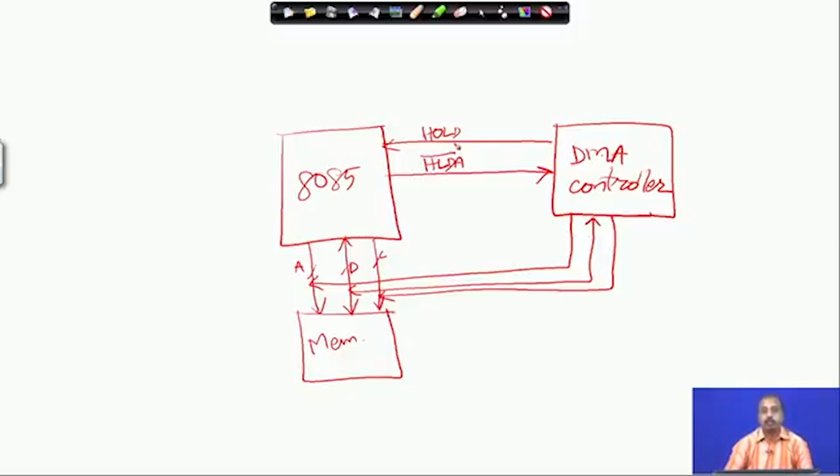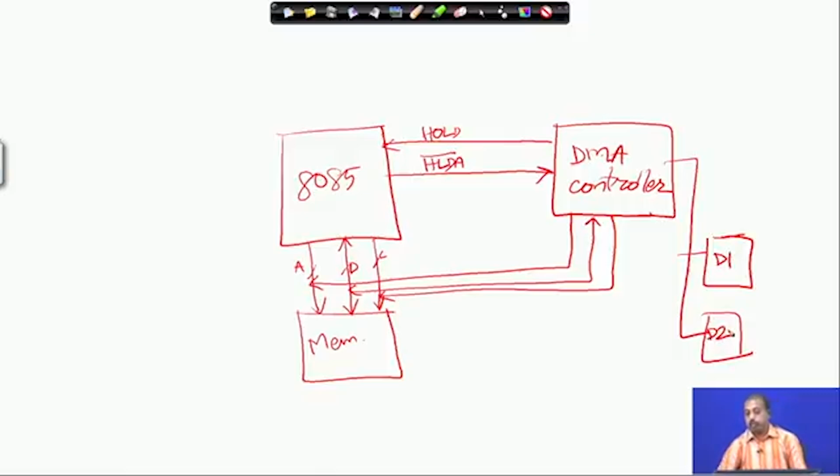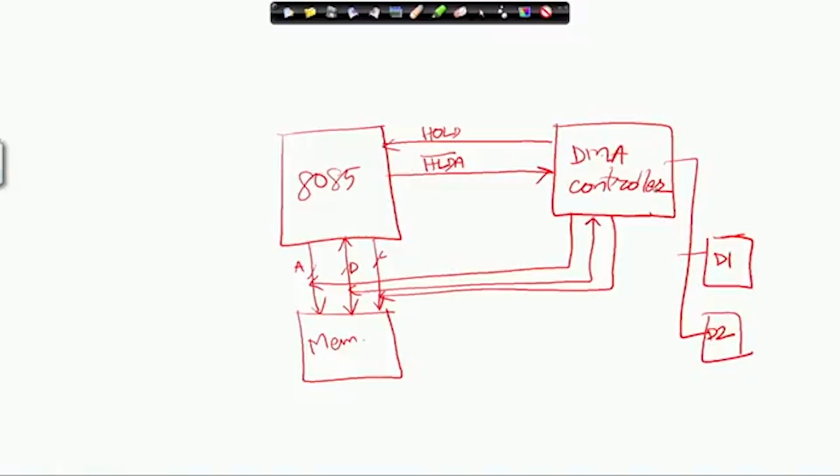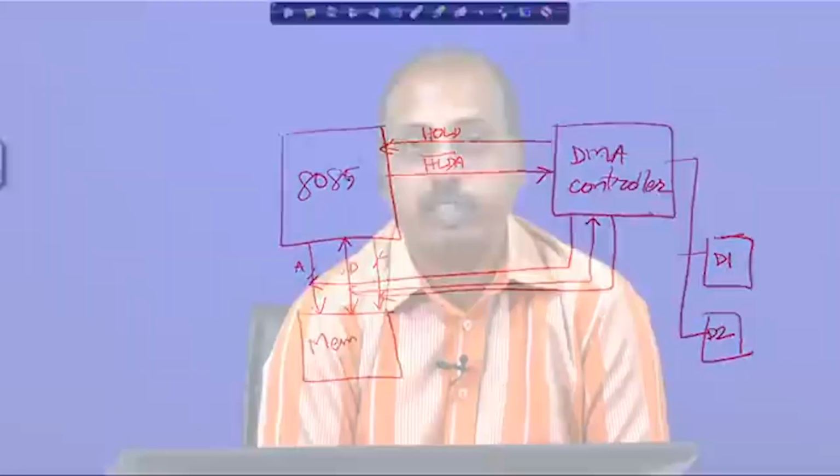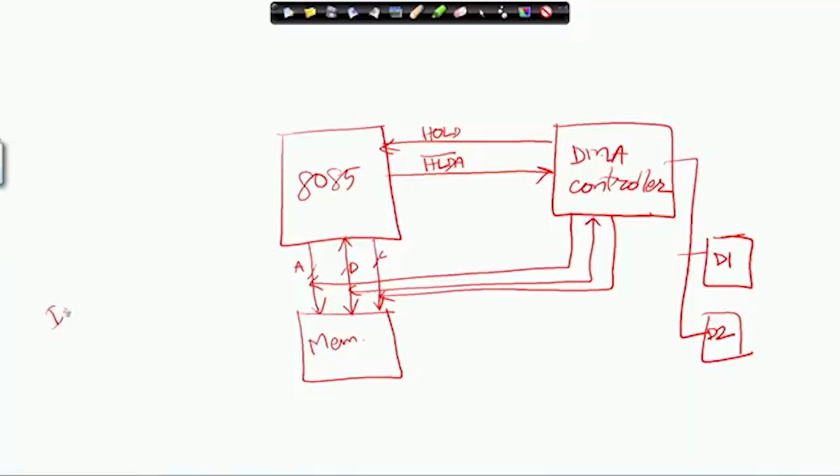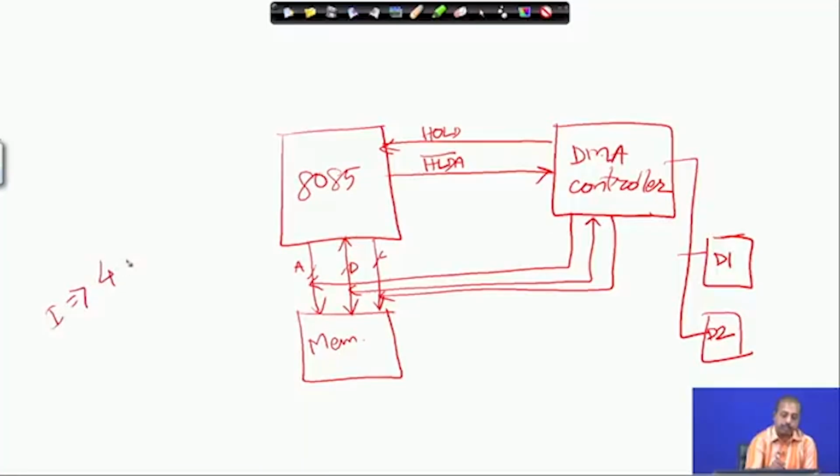Now, in this situation, if I have some IO devices, these IO devices are connected to the DMA controller. Okay. So, this is device 1, this is device 2, like that. When these devices are ready for data transfer to the system, they will tell the DMA controller, and the DMA controller in turn will send a hold request to the 8085 processor. The 8085 processor was executing some instruction, say instruction I, which takes a total of say 4 machine cycles,